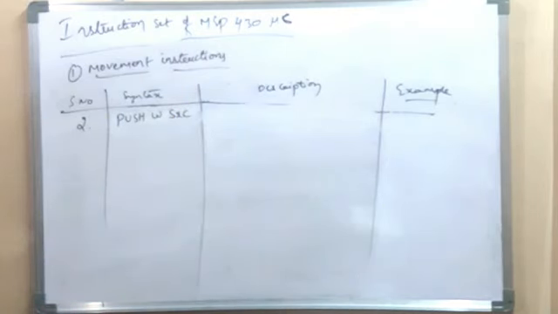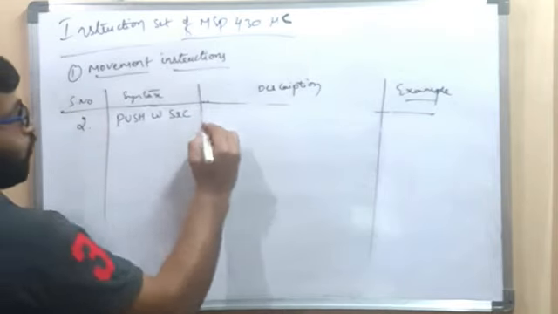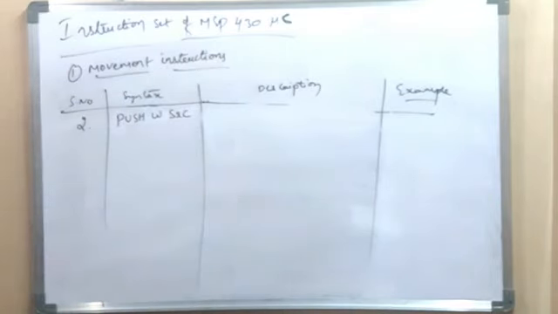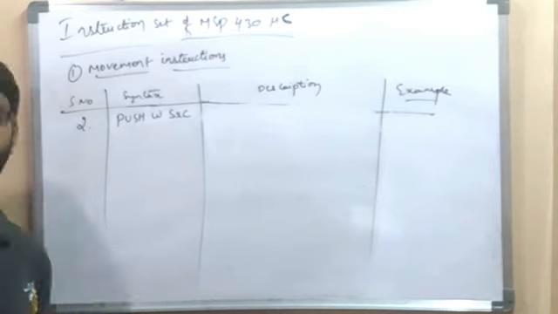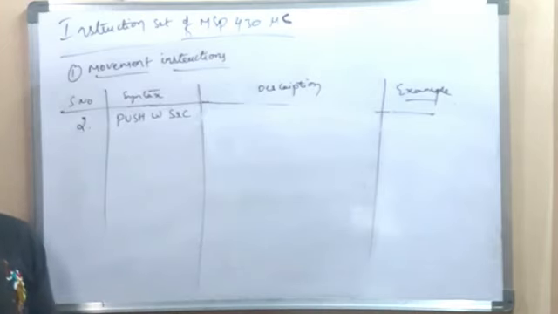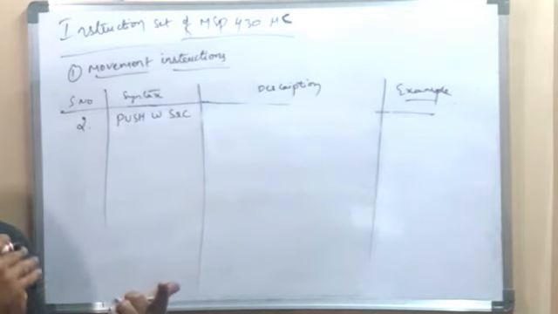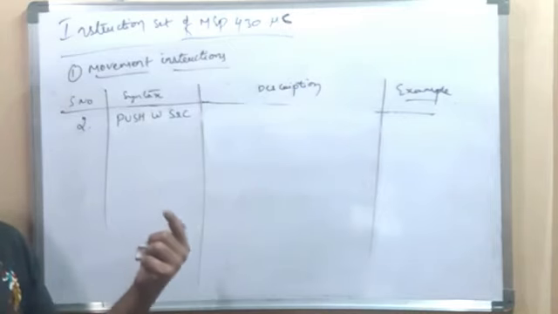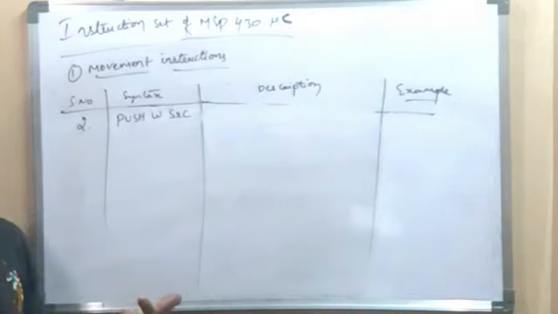So it has a single operand, that is source. Why is this instruction required? Whenever there is a main program, in the main program there will be subprograms. The main program address is loaded in PC, and whenever the processor wants to execute the subprogram, the current address of the main program has to be stored or saved. So we save the current address of the main program by using push instruction on the top of the stack,